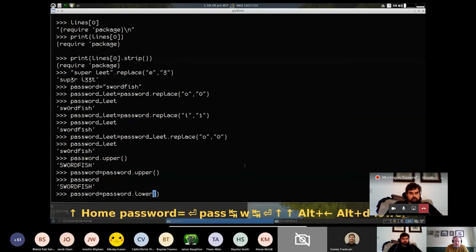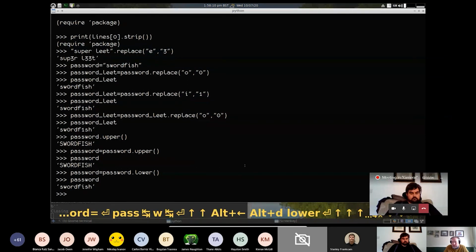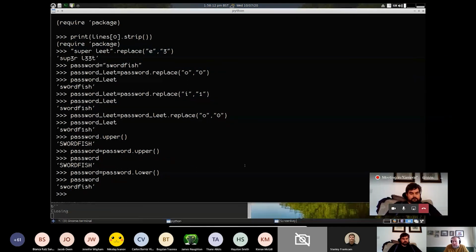We have lower as well. I can see what it is now, back to lowercase. This might seem like it's all about display, but it's actually also really useful. Let's say you were checking to see if a user had typed in quit. Okay, so you could go: if user, so the user input